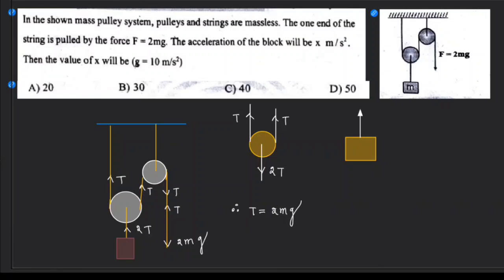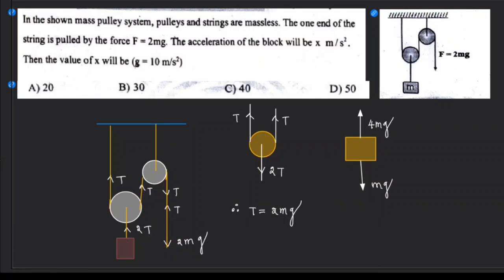So upward, tension acts, and downward, weight acts, right? The tension is how much? 2T. So T is 2mg. So therefore this tension is 4mg here and the weight is mg here. And the unbalancing of these two